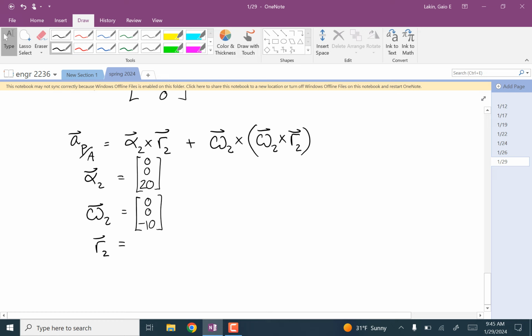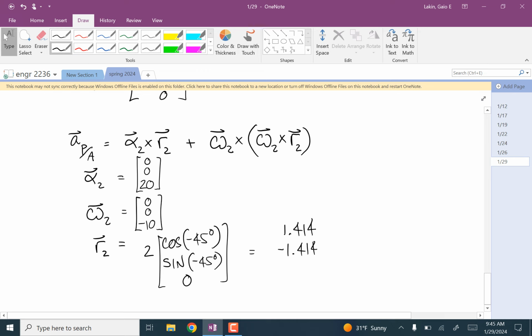And now R2 is going to be what I said it was before, 2 times the cosine of negative 45, sine of negative 45, 0, which is 1.414, negative 1.414,